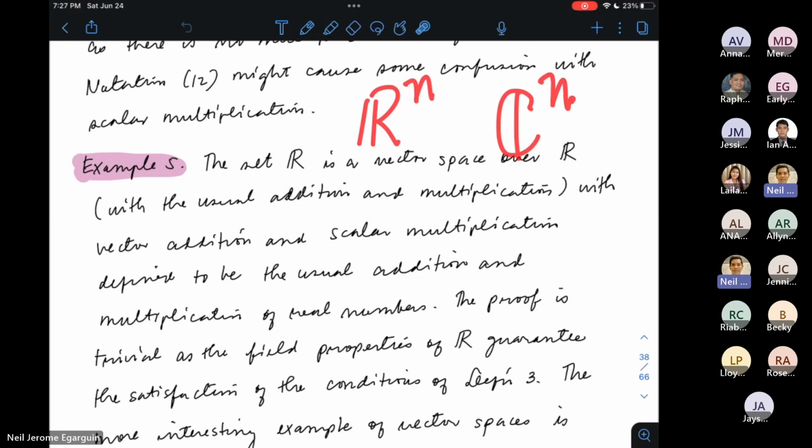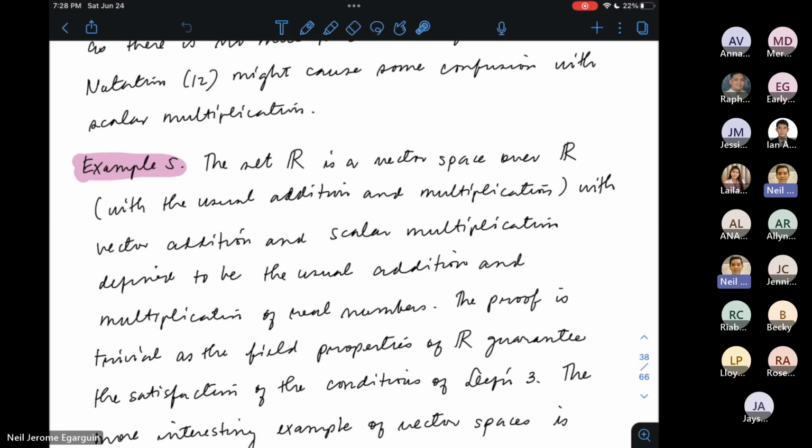Cn is n tuples of complex numbers. Nasa-satisfy niya yung definition 3. Lahat ng properties na nasa definition 3 ay nasa-satisfy nung vector spaces sa physics. Pero merong mga vector spaces na nakakasatisfy ng definition 3 na hindi kino-consider or hindi tinatawag na vectors sa physics. So mas marami tayong pinag-aaralang vector spaces sa algebra kaysa sa physics.